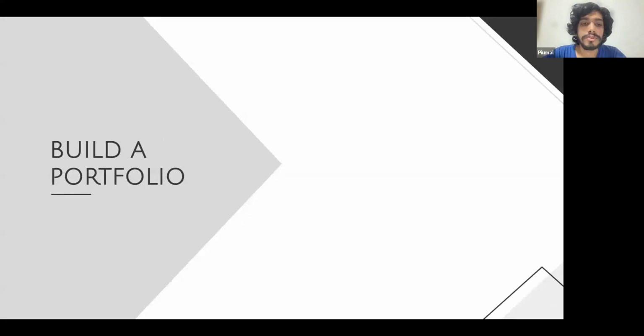Here, the second key point is building a portfolio. So why do you need a portfolio? To show them that you are skillful and you have experience, and also that you are willing to take the maximum out of that opportunity. When you apply, they usually go through your GitHub profiles and also LinkedIn profiles, and check whether you are familiar with those technologies and if you are skillful. So keep those profiles up to date and use those platforms to demonstrate your skills.